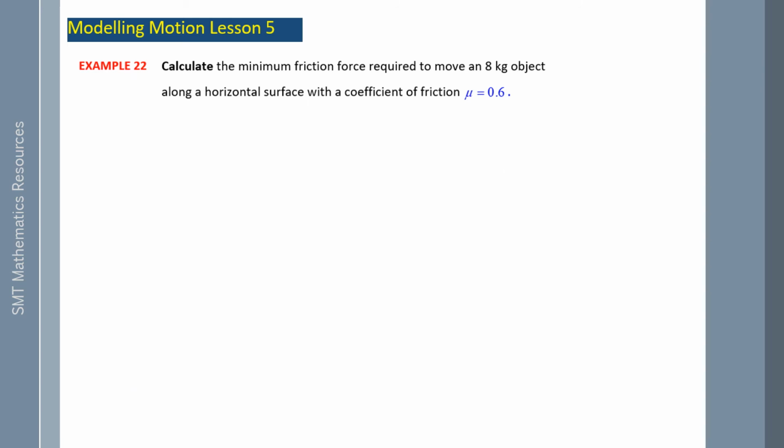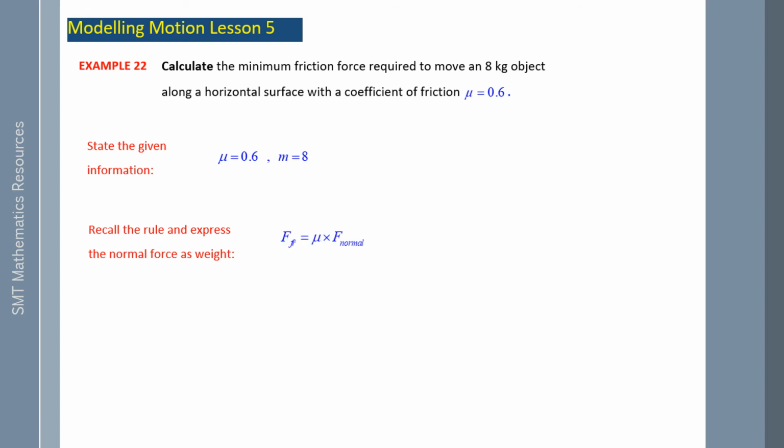Example 22. Calculate the minimum friction force required to move an 8 kg object along a horizontal surface with a coefficient of friction of mu equals 0.6. State the given information, our coefficient of friction and our mass, recall a rule and express the normal force as a weight. So our rule for friction is mu times the normal force, and our normal force is directly opposing